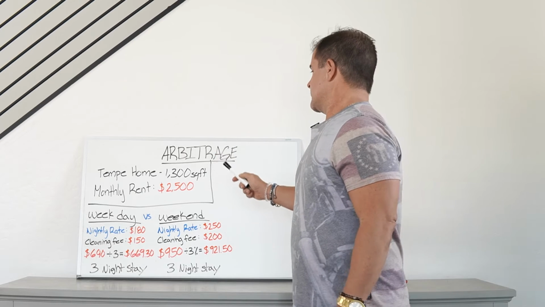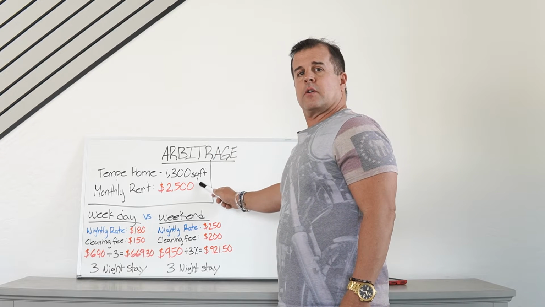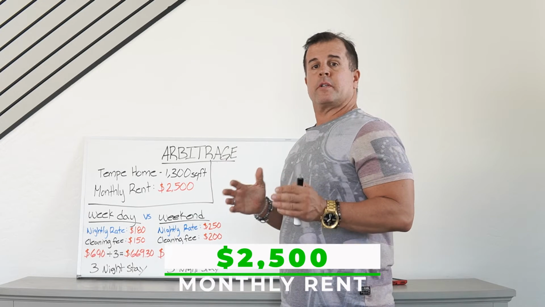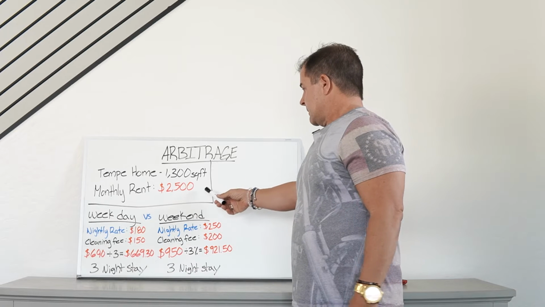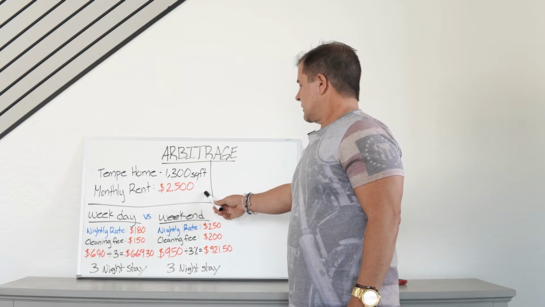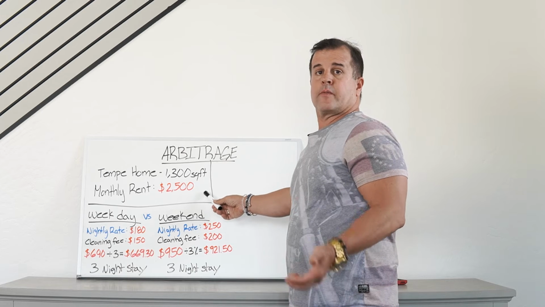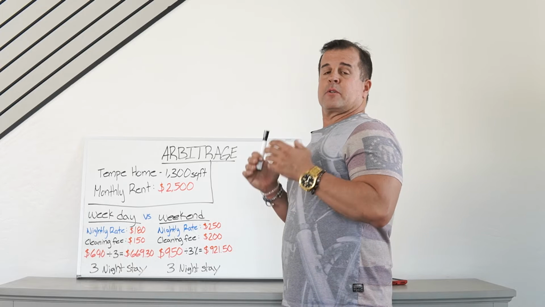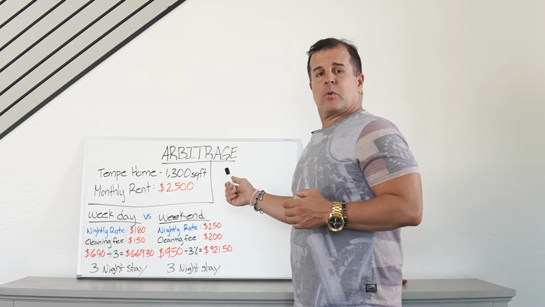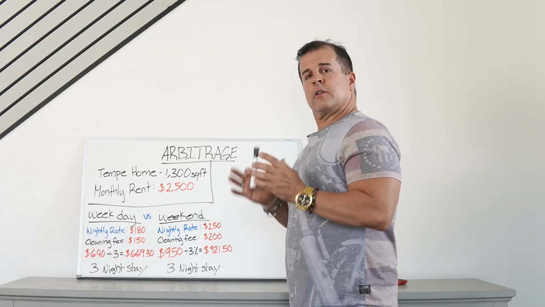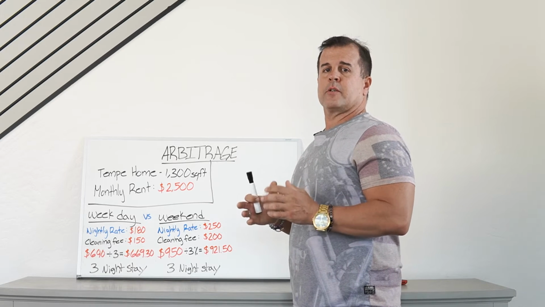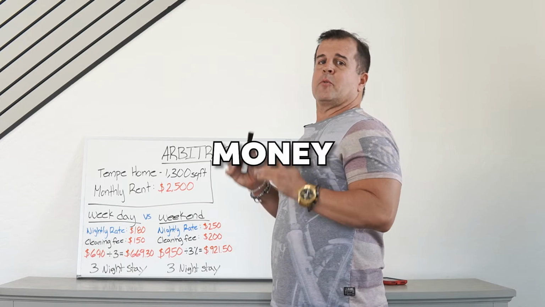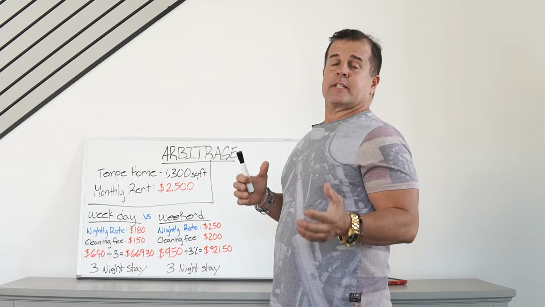So we have a Tempe home that is 1,300 square feet. The monthly rent on this property is about $2,500. You typically sign a year's lease on the long-term leases and you're guaranteed $2,500, plus they give you a security deposit. That's one way to go, and I'm going to show you guys how going that way is very slow accumulating wealth and financial freedom. This process takes forever. We're into velocity of money, making money turn very quickly,